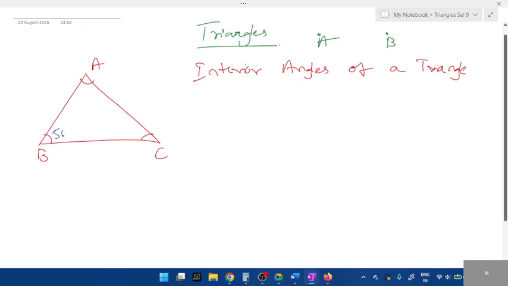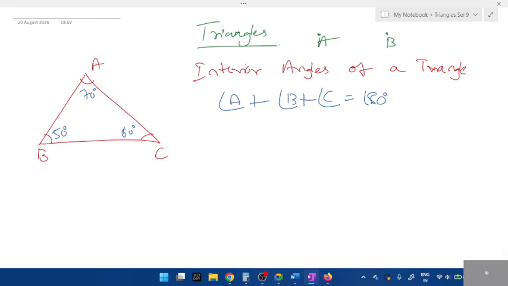So this angle, imagine 50 degrees, this 70 degrees, and this angle is 60 degrees. Together, when you add all three, what should be the value? When you add all three angles, it should be 180 degrees. Sherlin, do you know this? Jerusha, Sherlin, when you add all three, what is the value, students? You have to get 180 degrees. What are we doing here? Addition or subtraction? Addition. Addition we call sum.